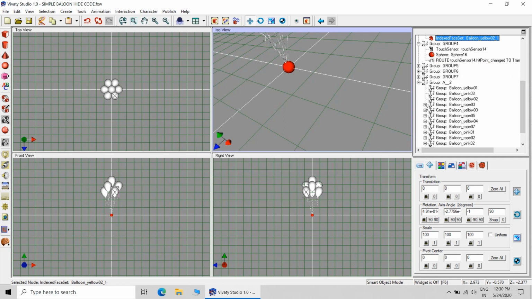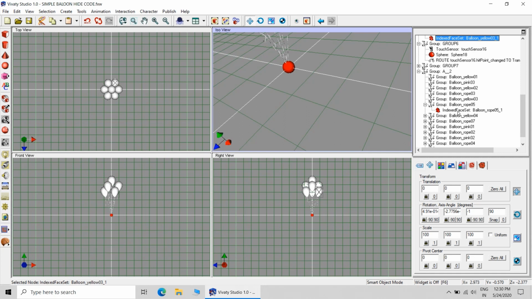Only keep in mind that you should not move any rope. This is, I think, the rope. This will be wrong. We have to make the correction. This is a balloon. There is no problem with the balloon. You have to exclude the rope.